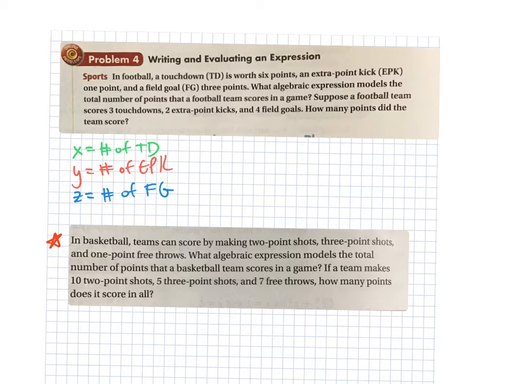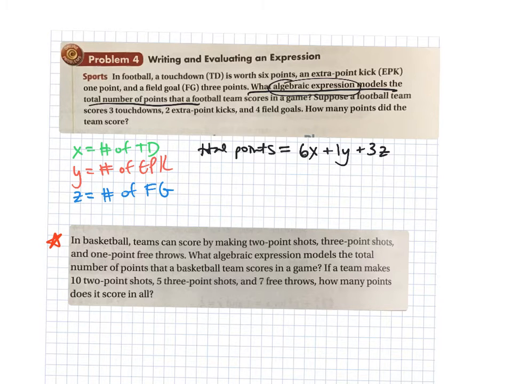So the first part we're doing here is modeling total number of points. So total points, and the expression is going to be equal to 6 points for a touchdown, so 6x, 1 point for an extra kick, so plus 1y, and then 3 points for a field goal, so plus 3z. So that is our algebraic expression that models the total points for a football game or team and how much